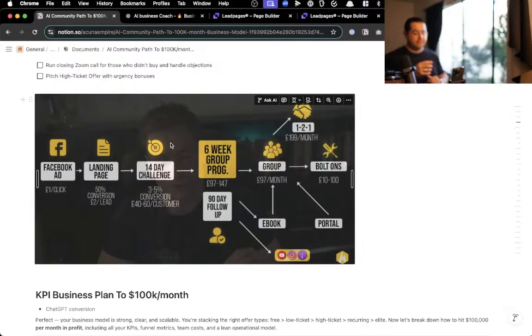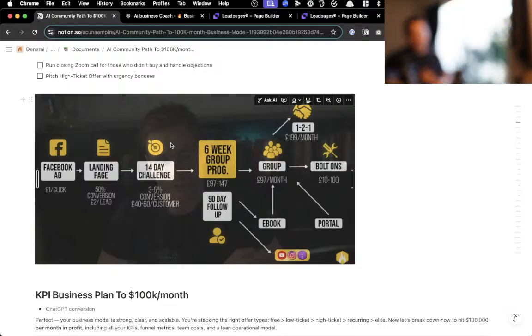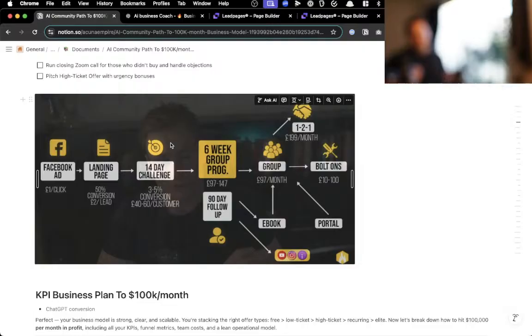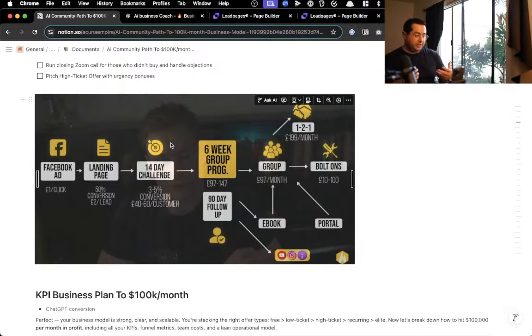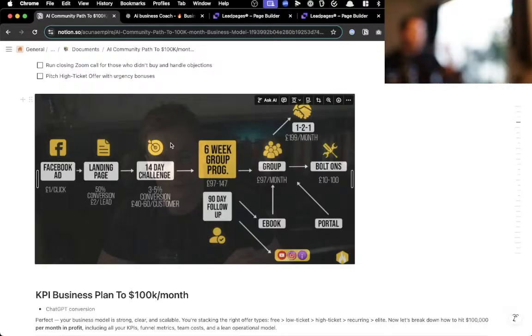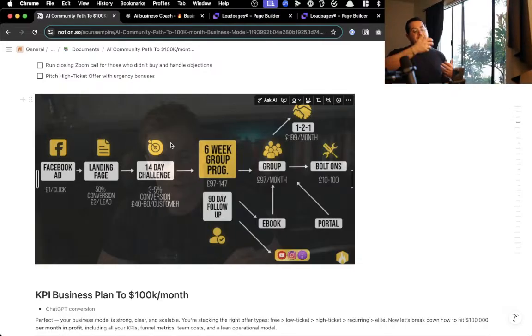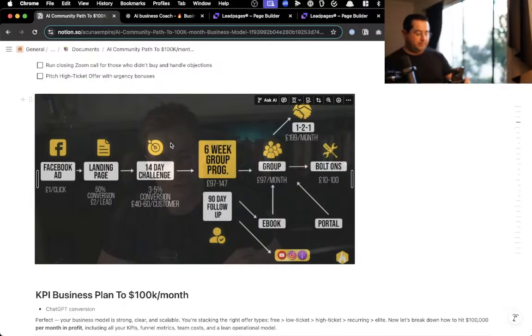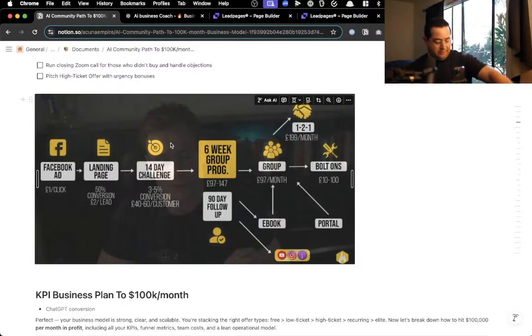You're sending traffic to this, building the email list, and then from the email list, you're nurturing them with the webinar, and the webinar pitches a 3-day challenge, and then the 3-day challenge pitches a 6-week program. From the 6-week program, they can stop there and be done, or if they want more support and to continue to grow, they can sign up for the community. So that's the whole business model: we have the webinar funnel, the 3-day challenge, a 6-week program, and then our community on the back end.